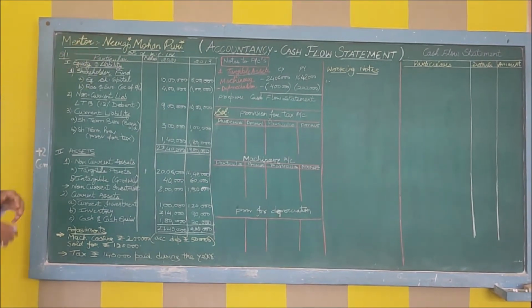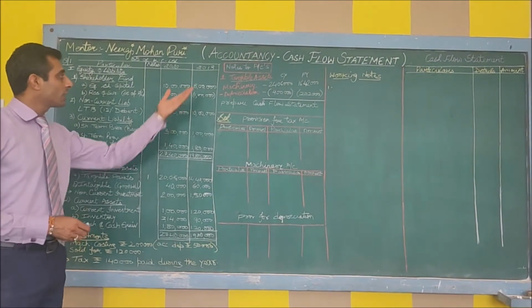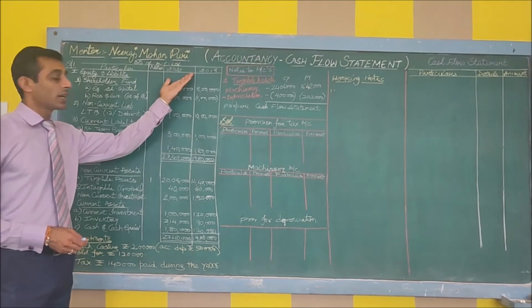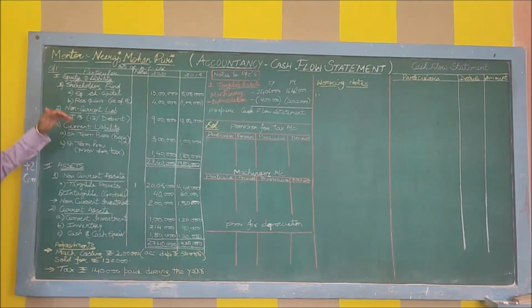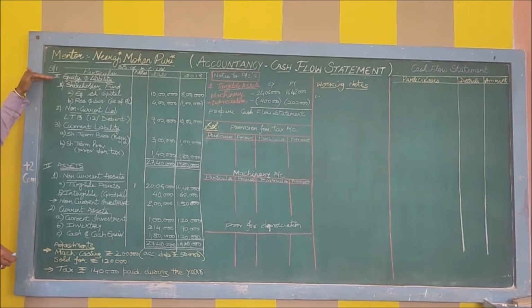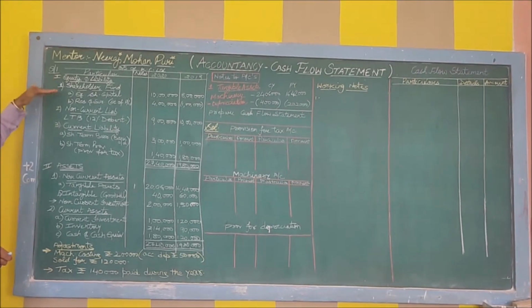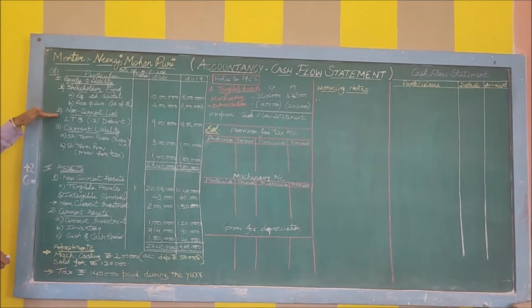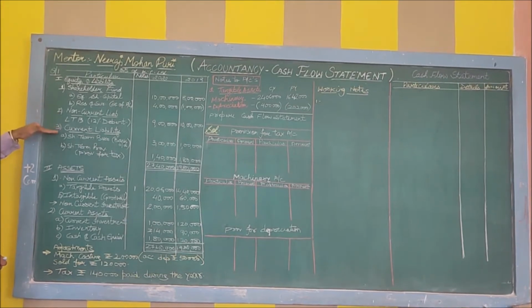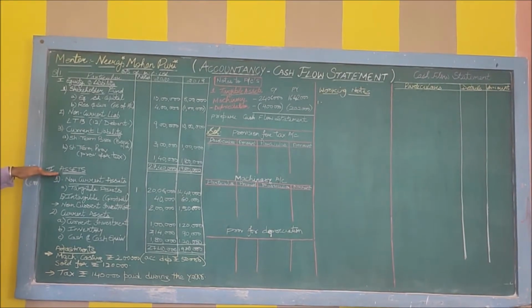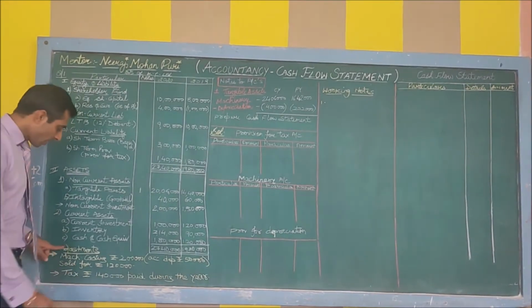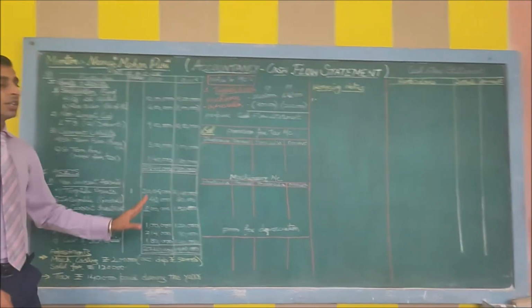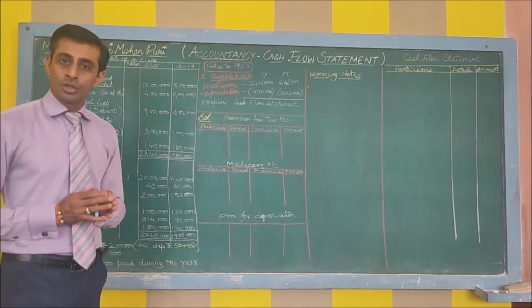This is the balance sheet of KC Limited, which contains the data for 2020, that is current year, as well as 2019, previous year. This balance sheet contains the information about equity and liability. Then the first head is shareholder fund, non-current liabilities, then current liabilities, followed by the details of assets, non-current assets, current assets, and some adjustments. So this is a normal style of question.